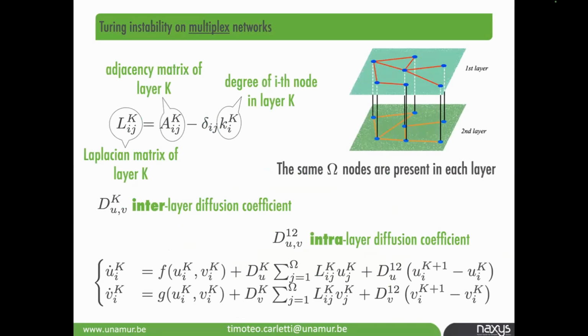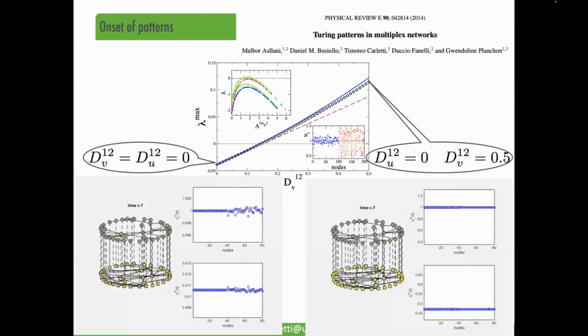I will very briefly skip past this part. One example of beyond networks is where the network is composed of multiple layers. A multiplex network is composed in this example of 2 layers. Now you can have a species that moves on one layer, on the second layer, but can also cross across the 2 layers. And so here you have this parameter D12 for U and V, which is the diffusivity across the 2 layers. One can write exactly the same equation as before. One can play with this parameter D12, and you can prove that if it's 0, the 2 layers are decoupled, and you don't have patterns.